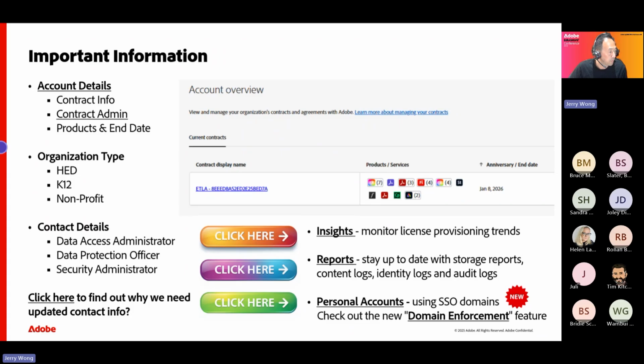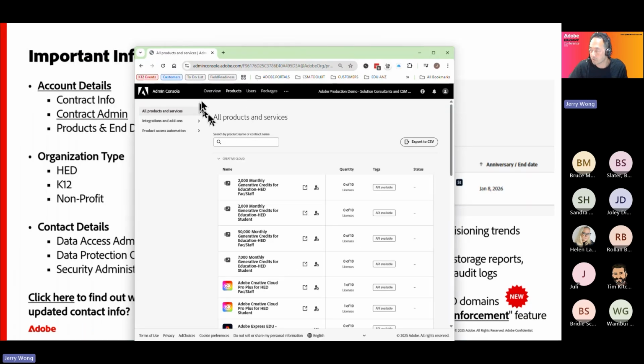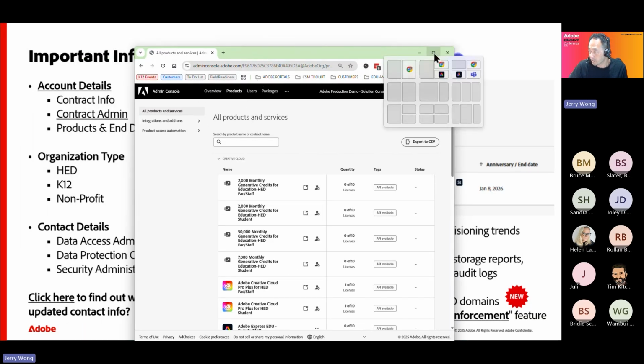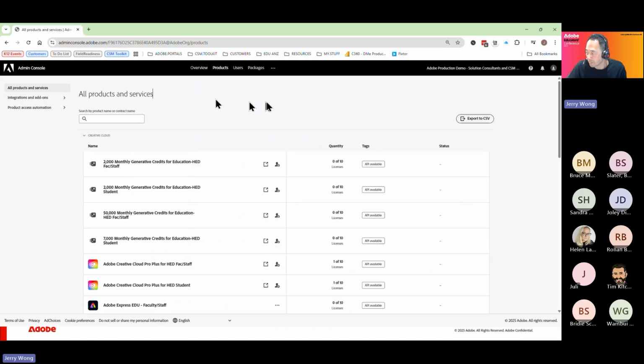Just to give you an idea what that looks like, I'm going to drag over a screen that looks at your live console. This is one of the demo consoles that we have. It probably doesn't have everything I have there, but what I'm talking about here is the account section.